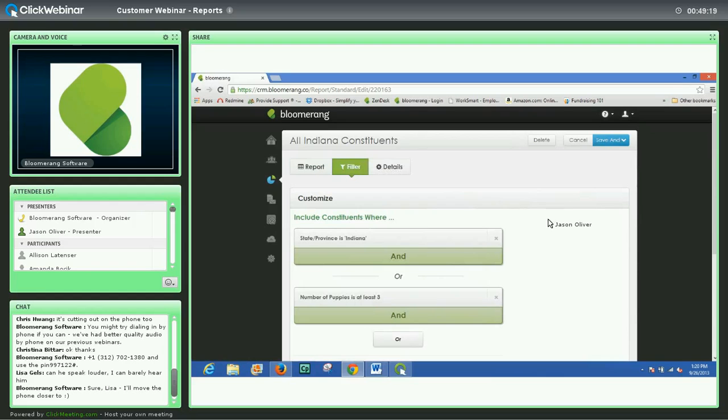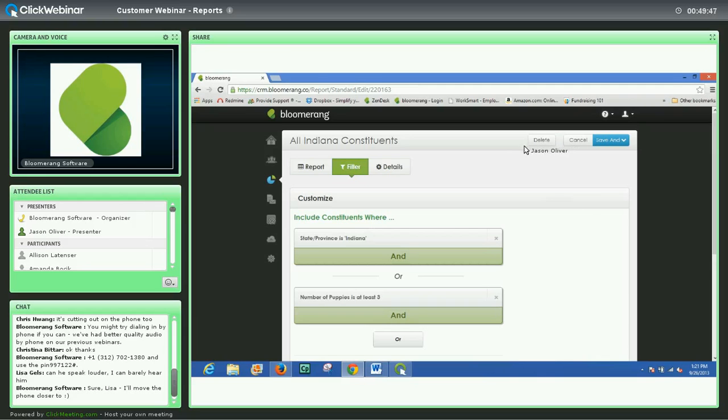Now I also want to talk about another type of constituent report that you might create, and that would be your LIBUNT, SIBUNT reports. LIBUNT report, that stands for last year, but unfortunately not this year. SIBUNT, some year, but unfortunately not this year. These are really common reports that a lot of organizations like to create. It helps them track their retention. It helps them see who they need to go after in a given calendar year to ask them to renew